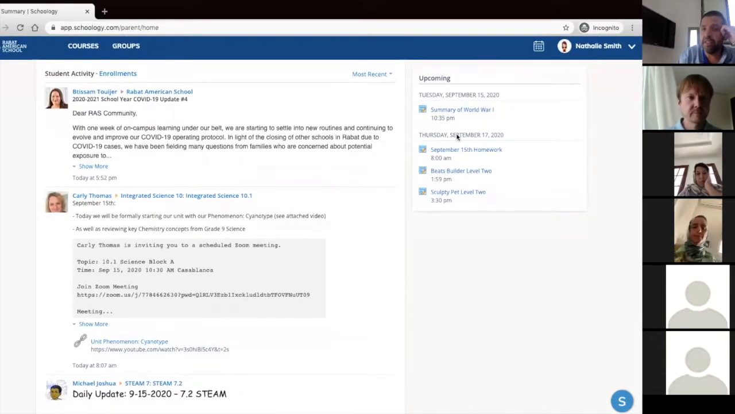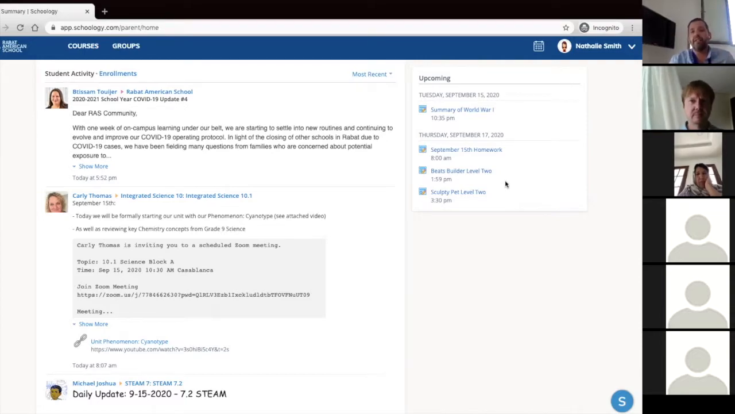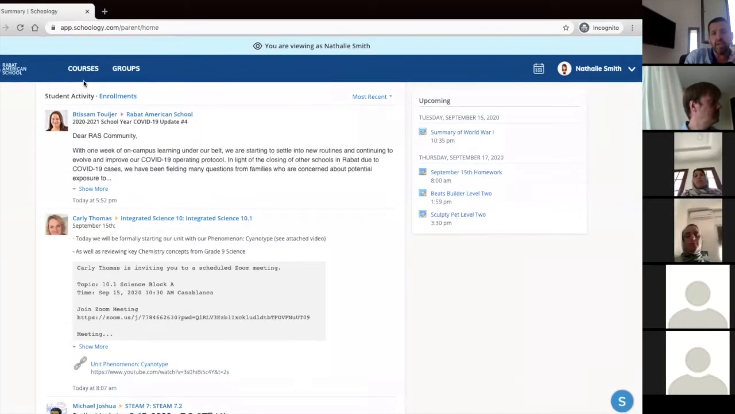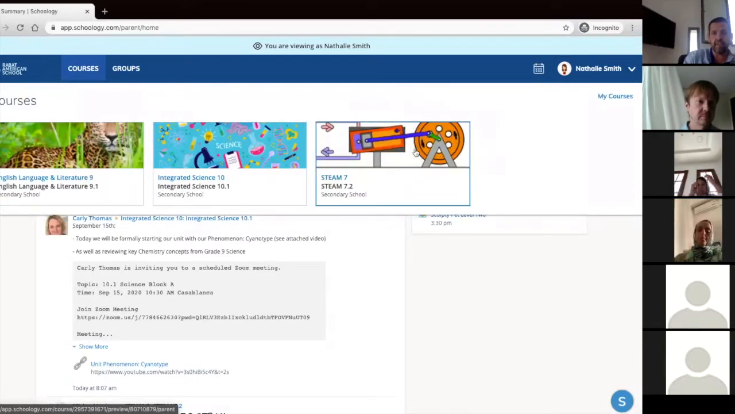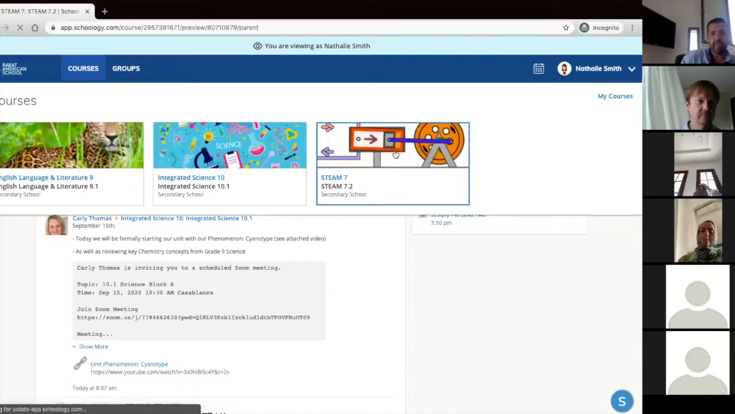Over on the right here, you can see things that are upcoming. We got September 15th homework, Beats Builder in the STEAM class, and Sculpty Pet in the STEAM class. So just some things to look at. And then you can dive deeper into these courses by clicking on courses, and you'll see 3 courses they have. So if we looked at STEAM,